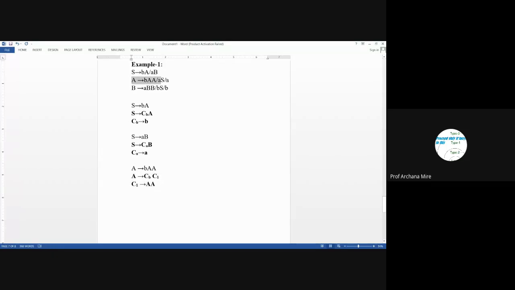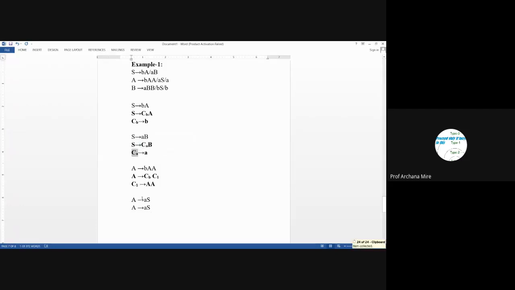Let's check the next production rule, that is A leads to AS. Once again, it is a combination of terminal and non-terminal symbol. So we will need to replace this A with a new variable CA, and that particular variable is already introduced in the grammar.